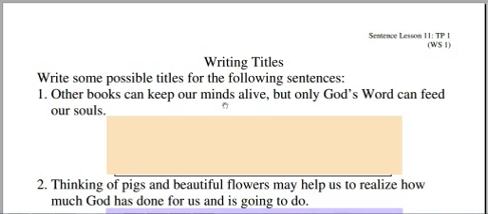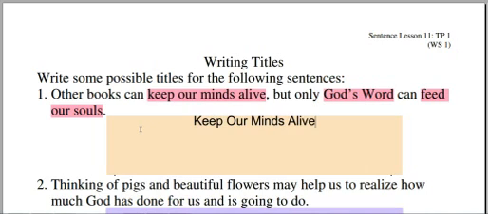So starting off, let's do certain phrases from here. So we have things like keep our minds alive, God's word, feed our souls. Those would be some critical ones to use. So go ahead and either highlight or underline: keep our minds alive, God's word, and feed our souls. You can highlight that pink or you can just underline it in pencil. I don't care either way, but let's just type up